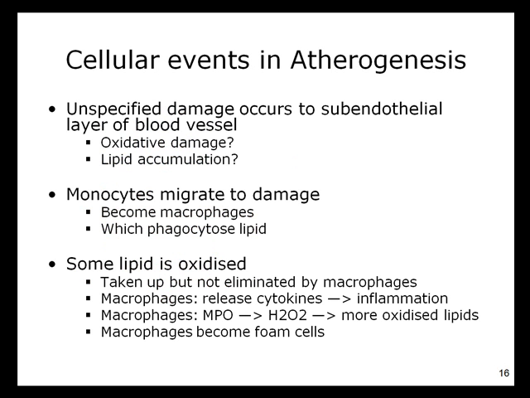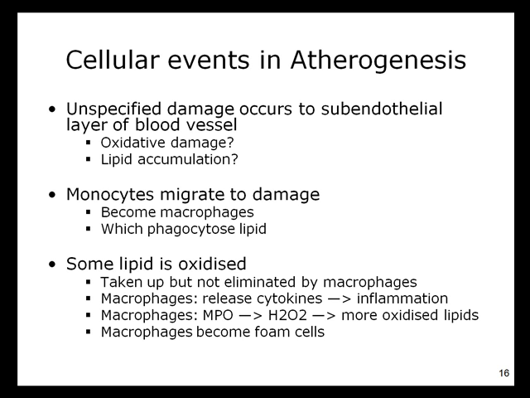Now, what are the cellular events in atherogenesis that you need to know for the exam? Well, unspecified damage occurs to the subendothelial layer of a blood vessel. It might be oxidative damage. It might be some form of lipid accumulation. But this damage is very important in leading to monocytes migrating to the damage. These monocytes, once they're inside the blood vessel and face to face with the damage, will become macrophages,